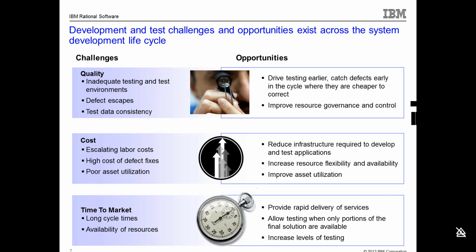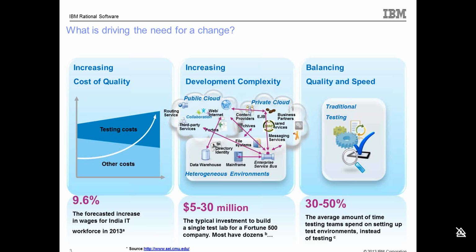So let's see what then is driving the need for change, right? Like we already mentioned, the increasing cost of quality would mean a direct impact on the project budget because of the increase in wages. For example, if you look at the graph out here, this year, even with all these economic problems around, the forecasted increase in wages for the Indian IT workforce, especially in the quality management workspace, has been about 9.6%, which means that any organizations having to deal with quality management professionals and executives would have to weigh these things into